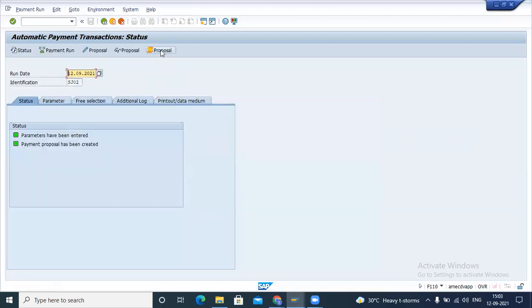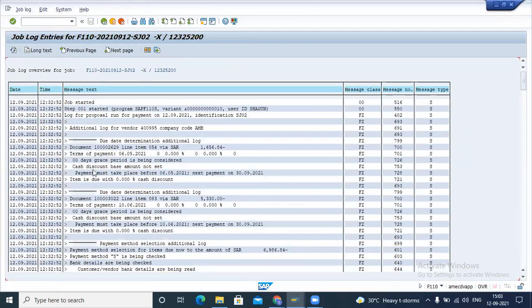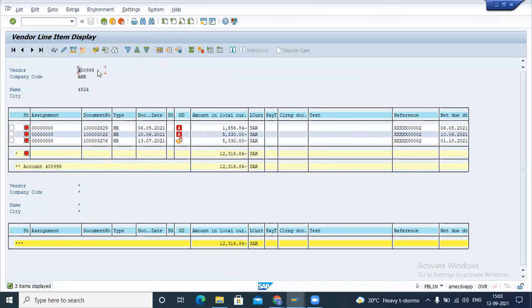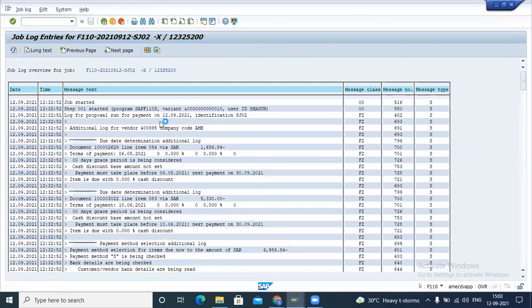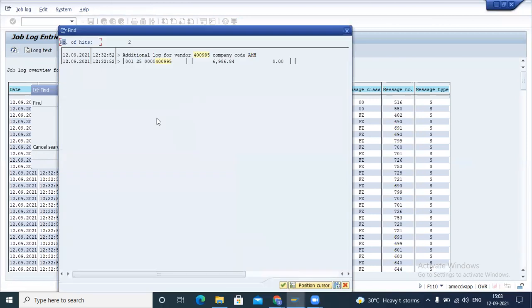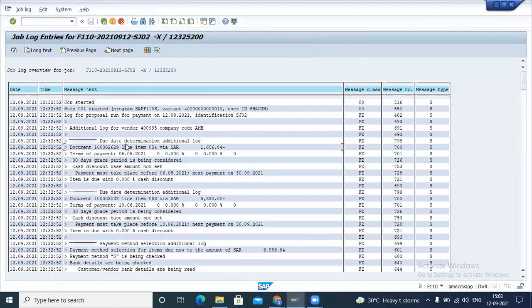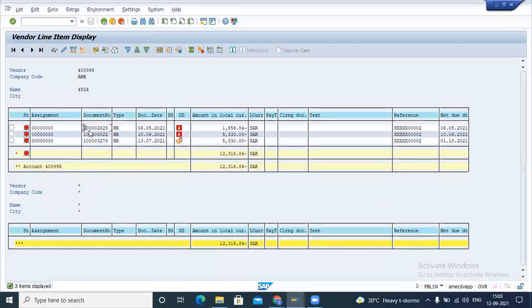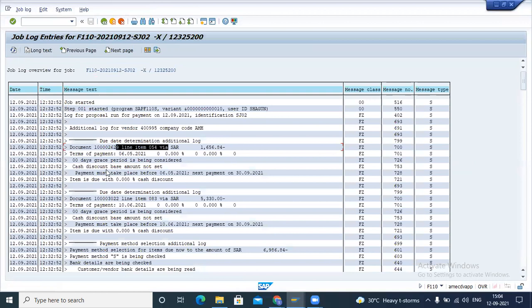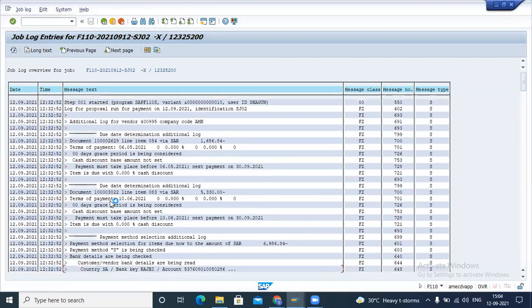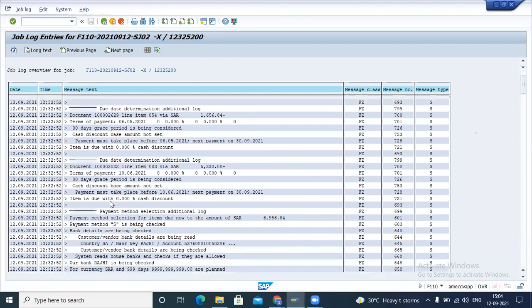Now, if I want to check the log, go into this log and search this vendor number, Control F. So as you can see, there are 3 invoices, 29, 22, 76. 29 is fine, 22 is fine. I just want to show you another one.